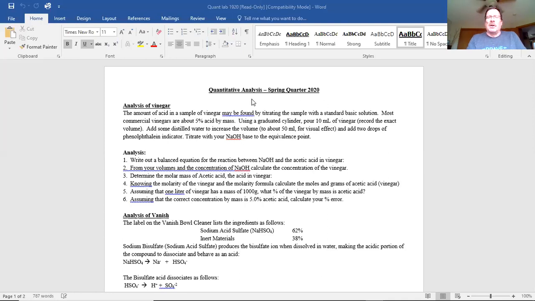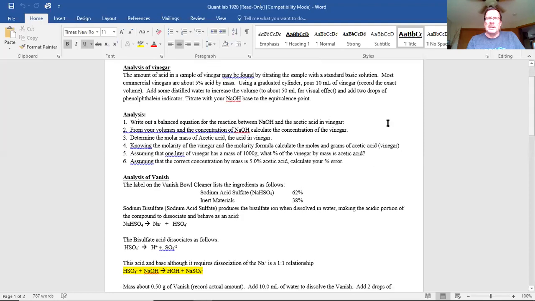So you'll have your title, you'll have your purpose, you'll say analysis of vinegar, you will have all the data. What did we use? We used 10 milliliters of vinegar. We used 32 milliliters of 0.25 molar sodium hydroxide. Okay. So then the first thing we've been practicing is analysis question 1, you